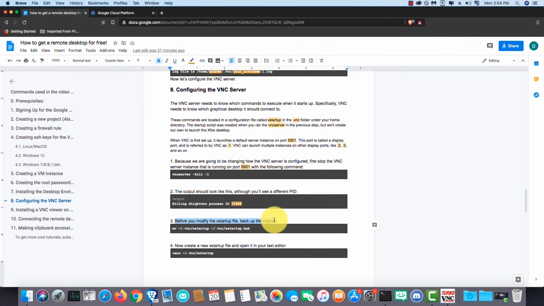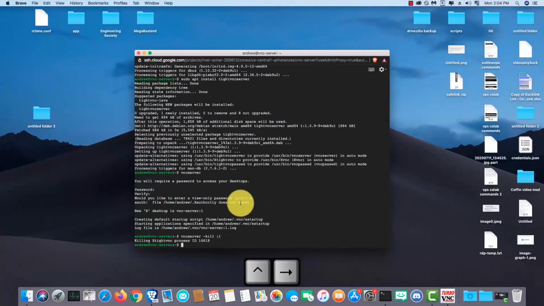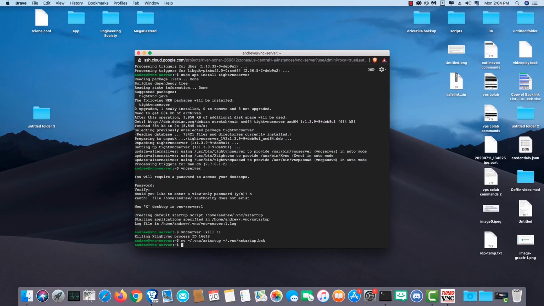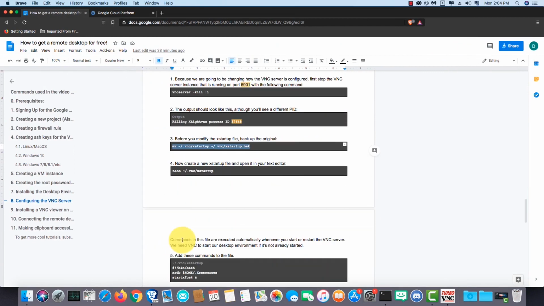Before we modify the startup file, back up the original. Now create a new xstartup file and open it in your text editor.